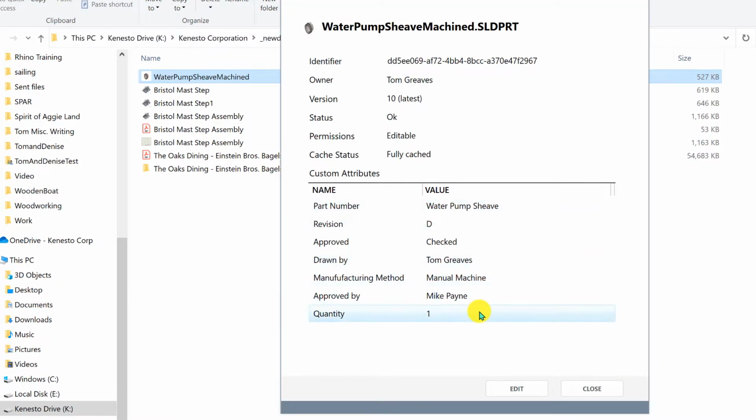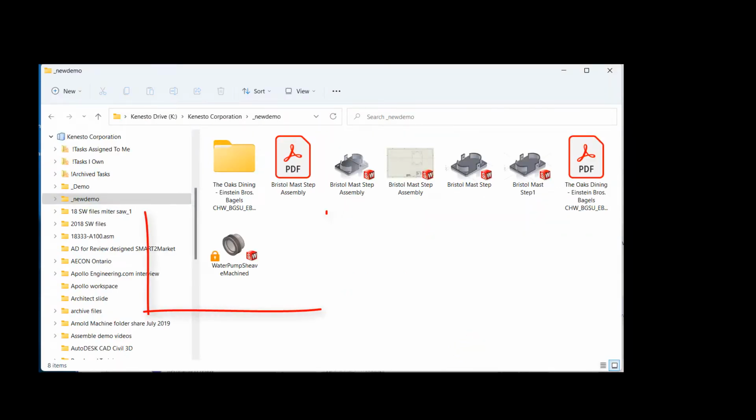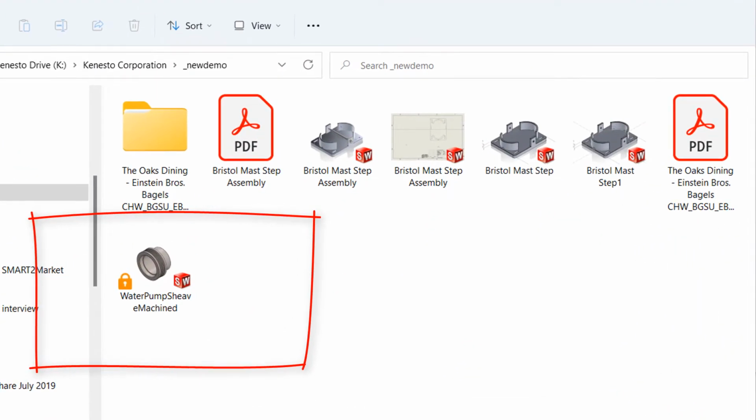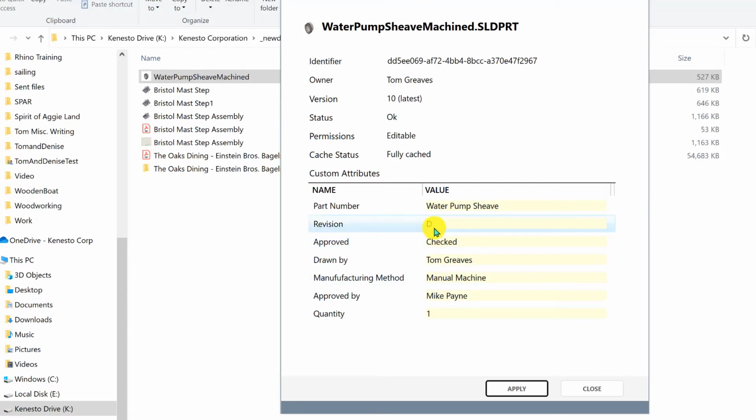And here we see the custom properties. I'm going to edit them. Note when I edit, the file is locked for all other users. Here's what the file looks like on the Kenesto Drive for my colleague. See the locked icon. So we're going to change the revision to revision E, and I'm going to change the